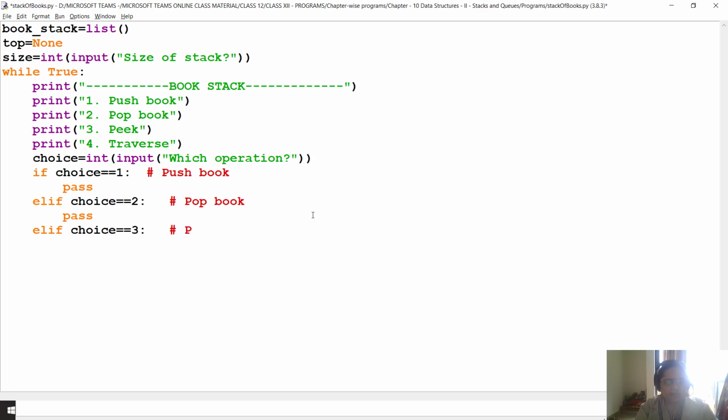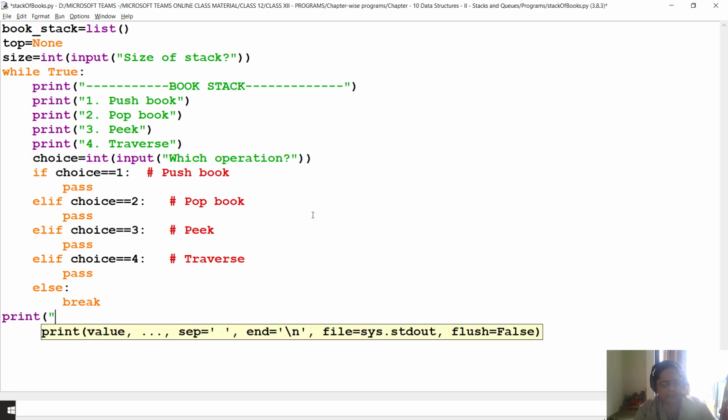If it is 3, it is peek. If it is 4, it is traverse. Else break. Once the break statement is executed, that means choice doesn't contain any of the above 4 values, hence it's time for the program to terminate.